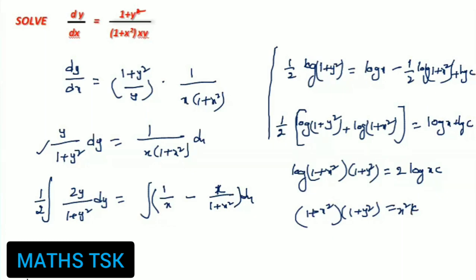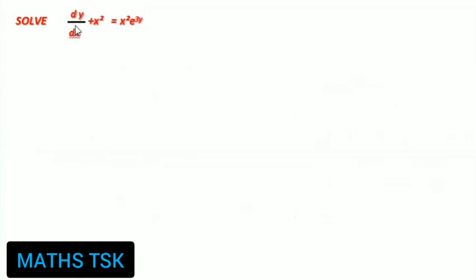Okay. Look into the problem. It's in the form of dy by dx is equal to x square into e power 3y. We are discussing a type of problems in the variable separable method. For substitution method, problems like x plus y or 2x plus y are given. We have to do those in a different method. Let us do it in the first method here.